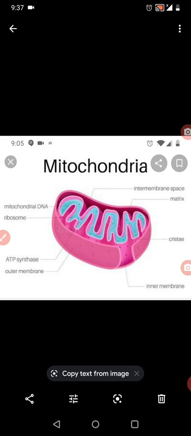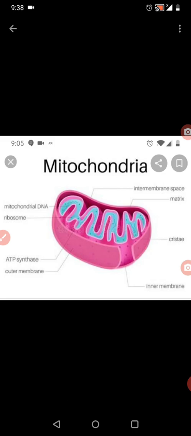So here I repeat again, this is the mitochondria, children. It has a double membrane. A singular mitochondria is known as a mitochondrion, right children? Each mitochondrion is covered with two membranes, an outer membrane and an inner membrane. The outer membrane has pores on it, and the inner membrane is deeply folded, children. If you see the surface area, the inner membrane has a larger surface area than the outer membrane. Mitochondria have their own DNA and ribosomes, and therefore, children, they synthesize their own protein.